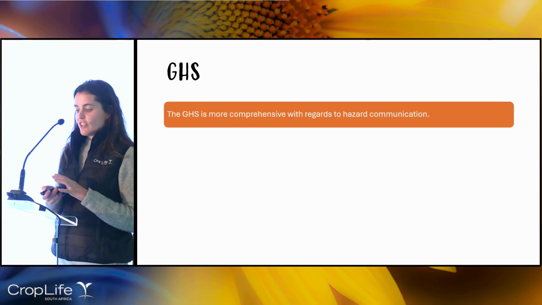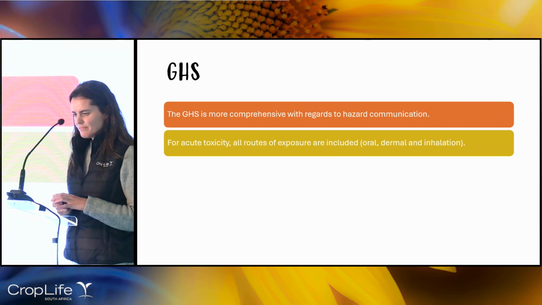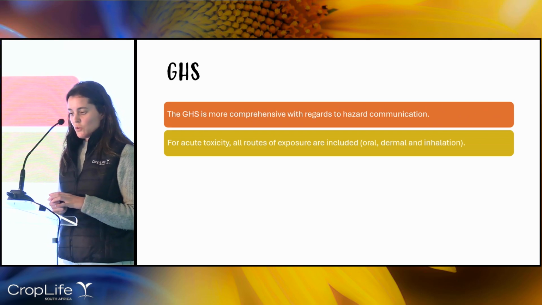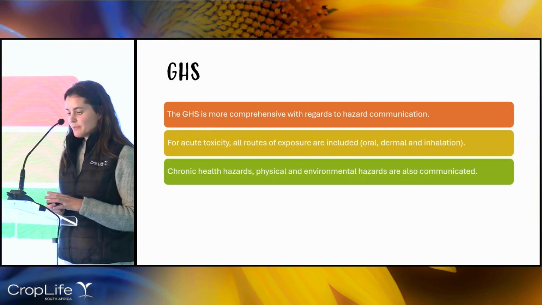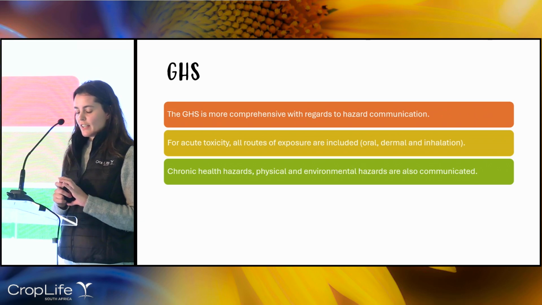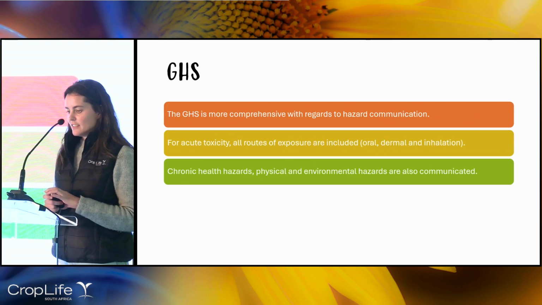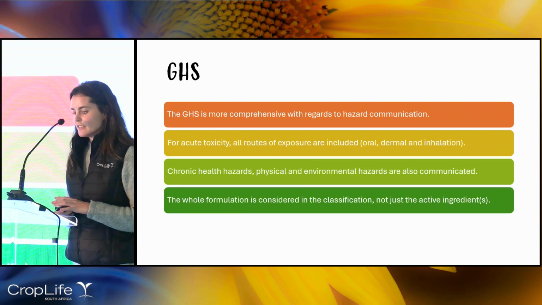Okay, then we have a look at the GHS. The GHS is more comprehensive with regards to hazard communication. For acute toxicity, all routes of exposure are considered. So it's not just oral and dermal, but it also includes inhalation. And the GHS also takes into account chronic health hazards, physical hazards, and environmental hazards, which wasn't included in the